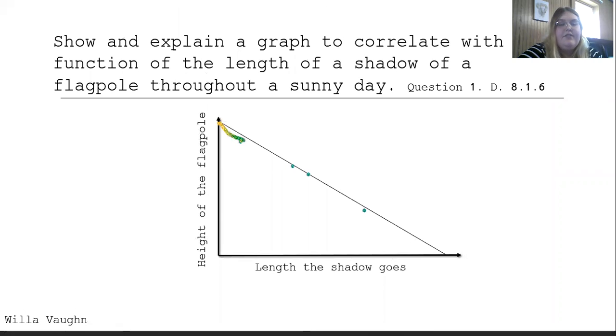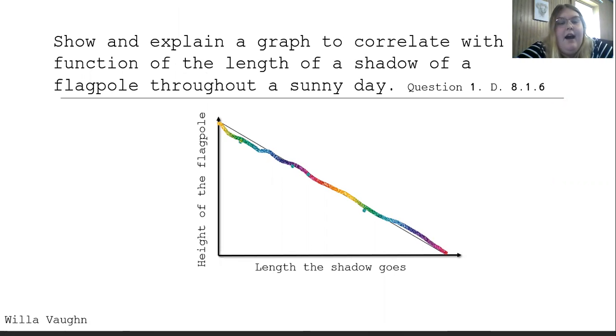So this shows the graph of the length of a shadow on a flagpole throughout a sunny day. You can see the x-axis is the length that the shadow goes, and the y-axis is the height of the flagpole. And you can see that the x-axis is longer than the y-axis